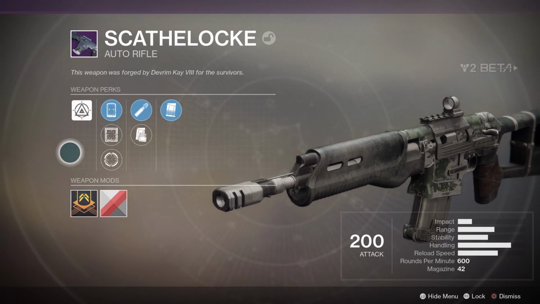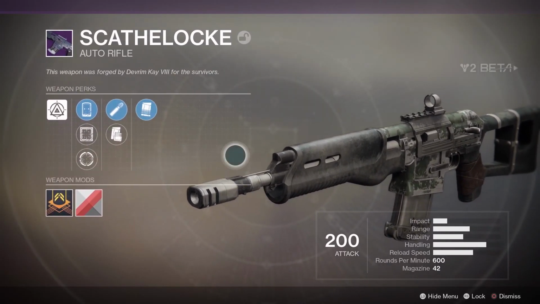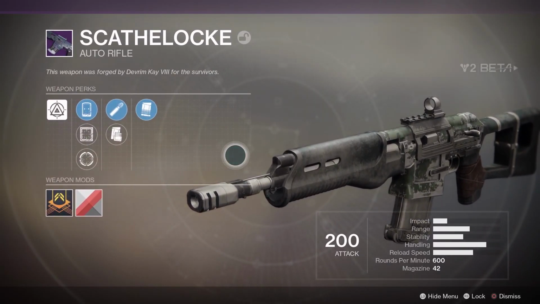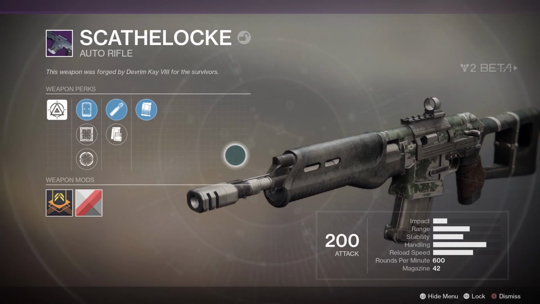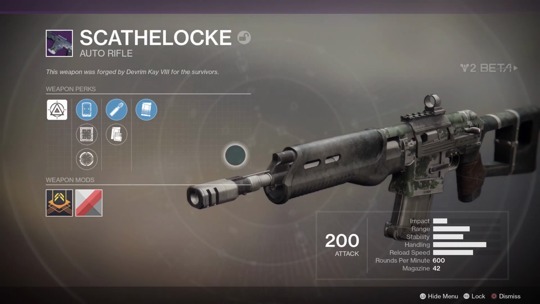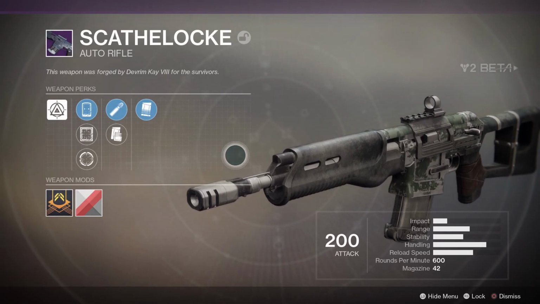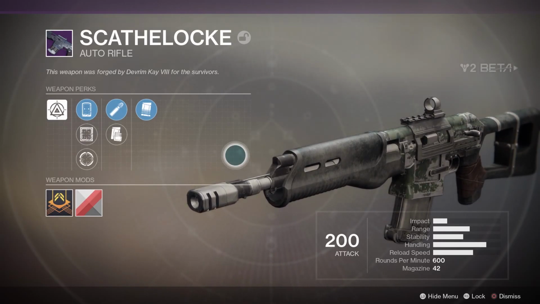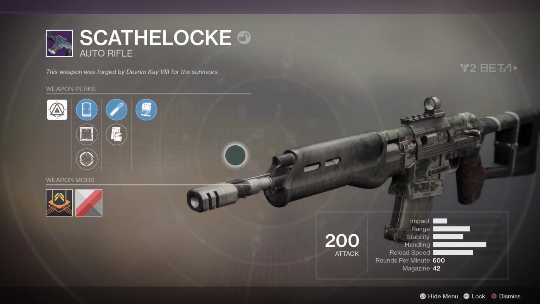So let's say, again, I got this Scathelocke, and it has just a crap roll, but I like the gun, and let's say that this is part of the Crucible meta, and if you have the right rolls, you just dominate in the Crucible. And so I want that roll. I'm looking for that roll. Well, to help stop a little bit of the grind and not have to just play PvP over and over and over again until you get the gun that you want, or you may never get it,